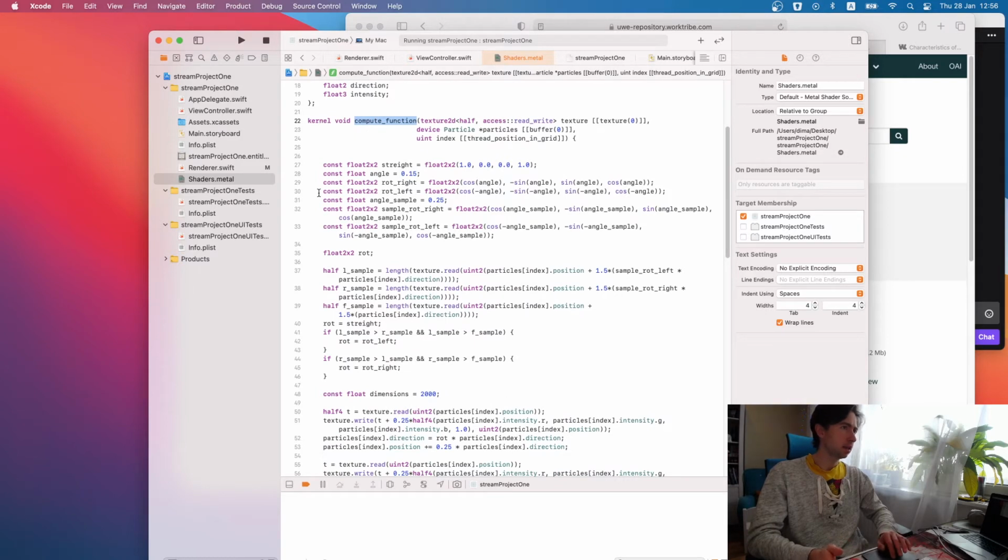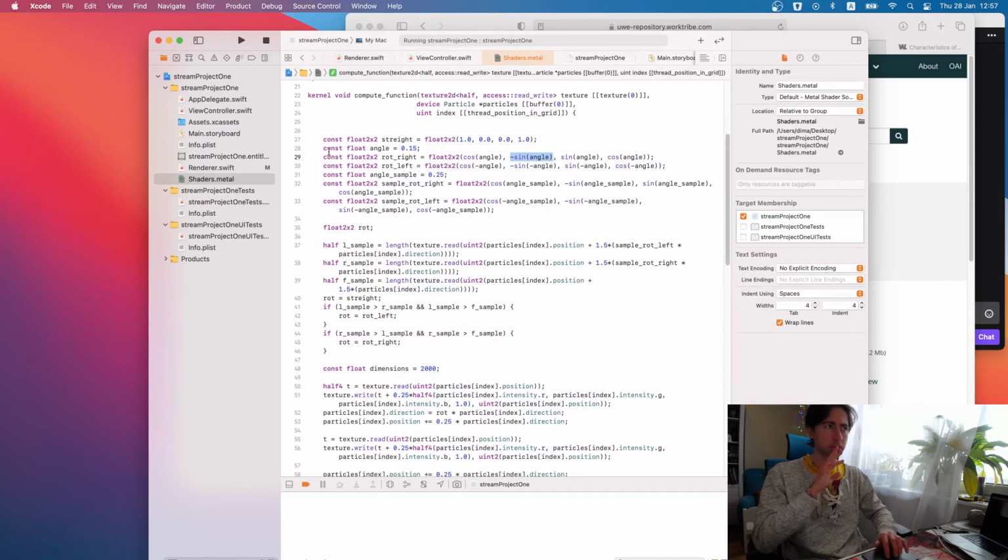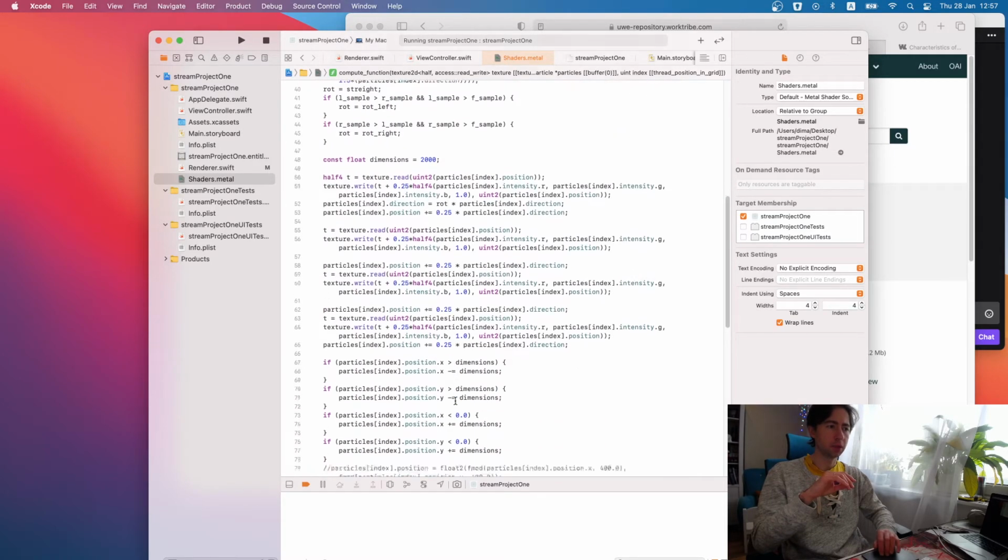I guess a compiler could see that these are actually constants. It's quite easy to pre-calculate them at the compilation stage, but anyway, it's not good to have them here. And also those angles should be passed through the user interface.